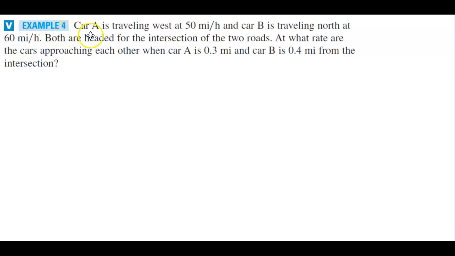Example 4. Car A is traveling west at 50 miles per hour and car B is traveling north at 60 miles per hour. Both are headed for the intersection of the two roads. At what rate are the cars approaching each other when car A is 0.3 miles and car B is 0.4 miles from the intersection? Okay, so if we have car A,